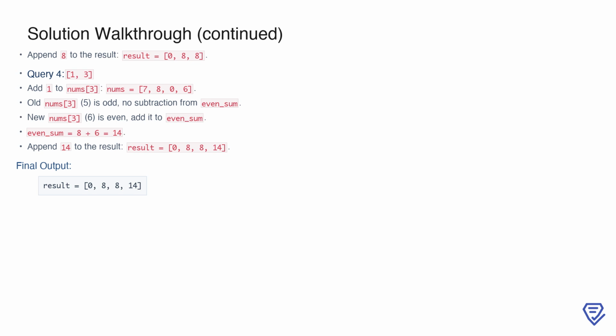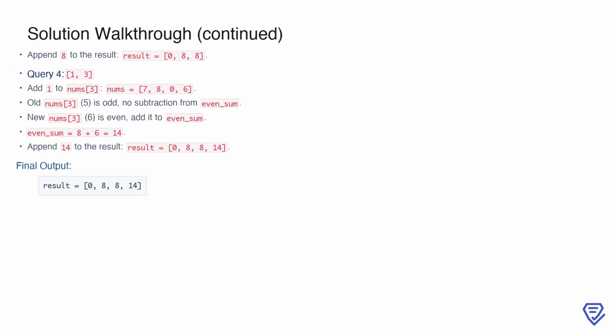We append 8 to the result, making it 0, 8, 8. Finally, for the fourth query, 1, 3, we add 1 to nums[3], modifying the array to 7, 8, 0, 6. The old value at nums[3] was 5, which is odd, so it does not affect the even_sum. The new value, 6, is even, so we add it to the even_sum, resulting in 8 plus 6 equals 14. We append 14 to the result, giving the final output for this example as